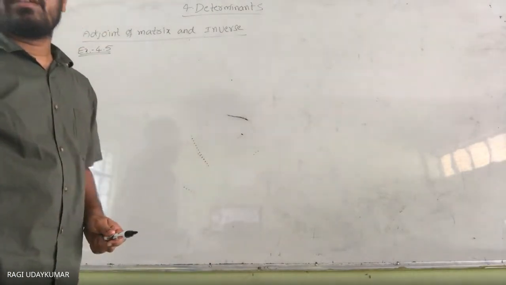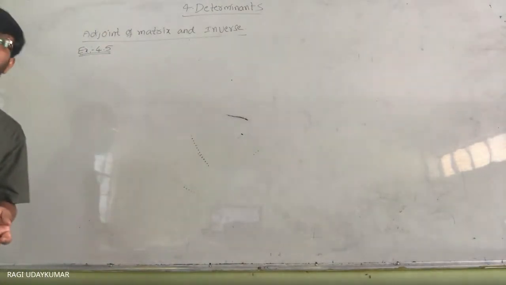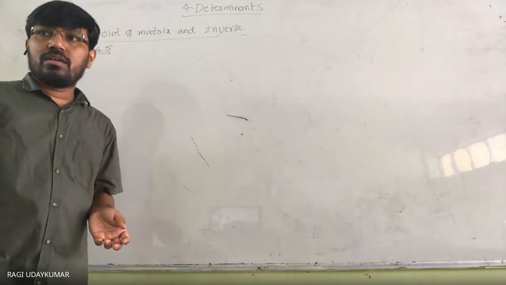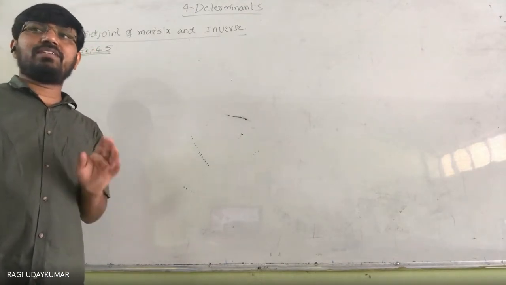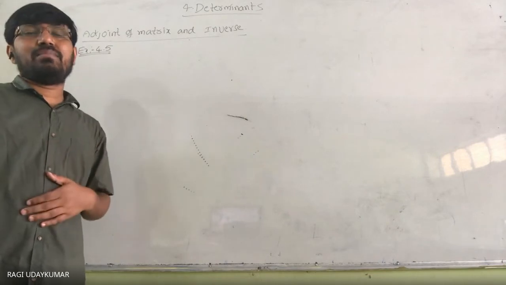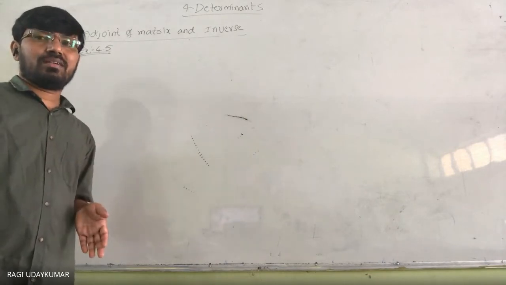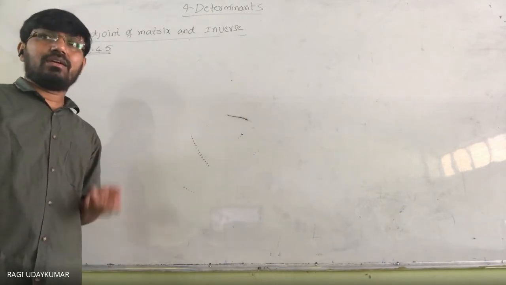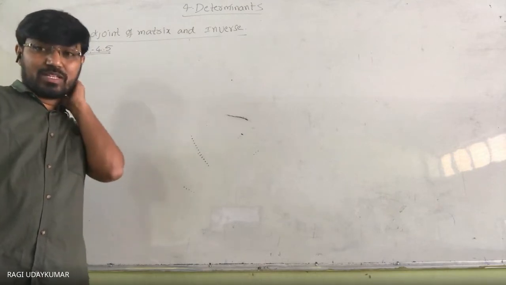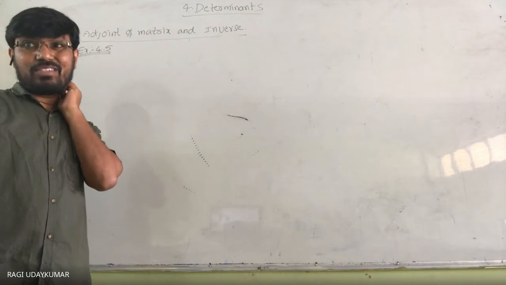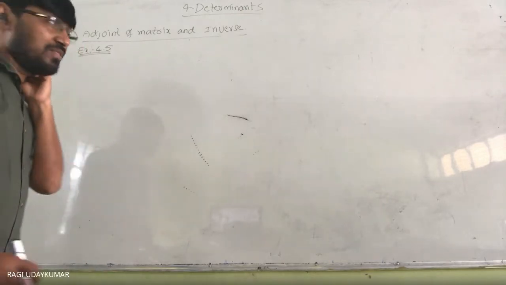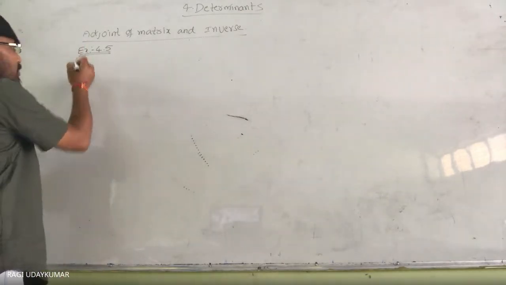The 6th problem is similar to this one. Now let us move to the 7th, or any problem you take into account. The 7th problem is very easy because one column is given as 1, 0, 0, so finding the determinant is an easy task. Let us take the difficult one, which is the 9th one. You may feel it is a little bit difficult, so I'm going to take this one.